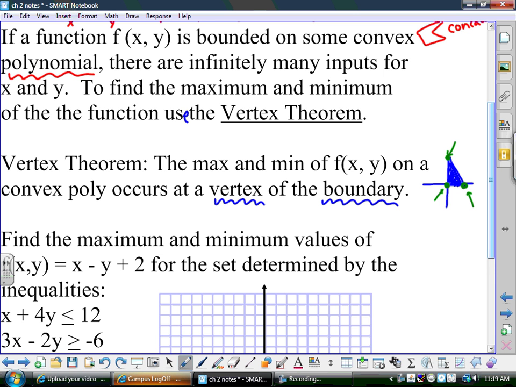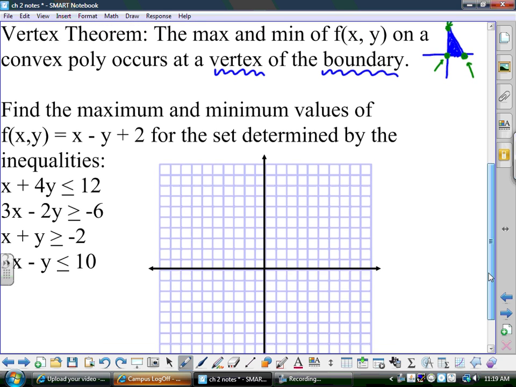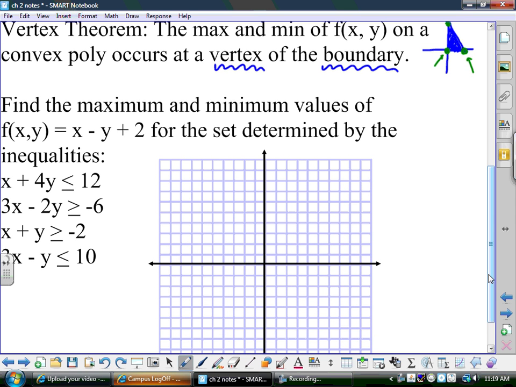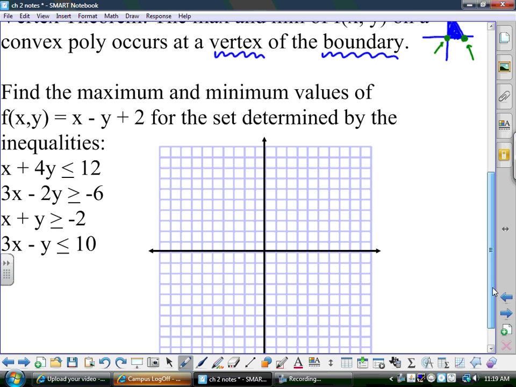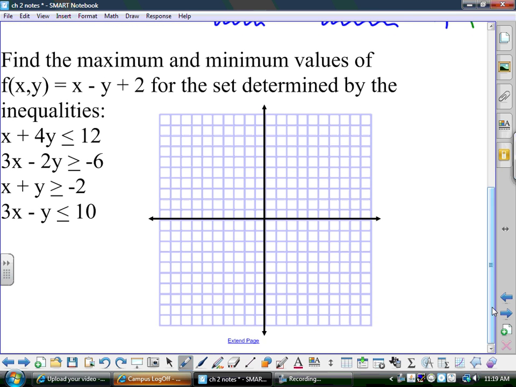Let's look at an example and try to find the maximum and minimum values for that function determined by those 4 inequalities. The first thing we need to do is graph all 4 and figure out what our shape is going to look like. I'm going to graph the first one using the cover-up method,